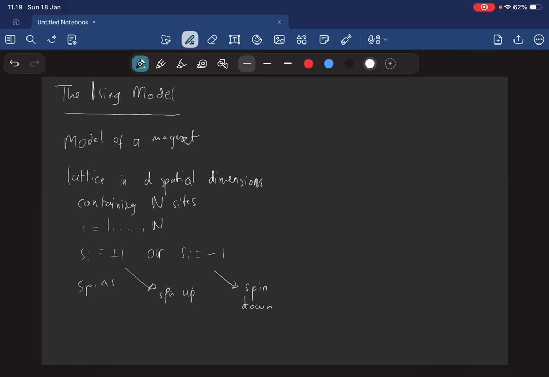However, we won't be using any machinery from quantum mechanics. There are no commuting operators, no quantum superposition of states. In this sense, the Ising model, while discrete, is purely classical. So this is classical.